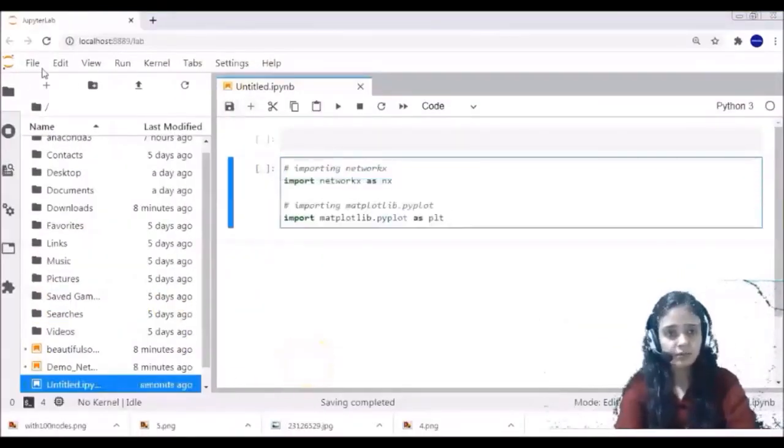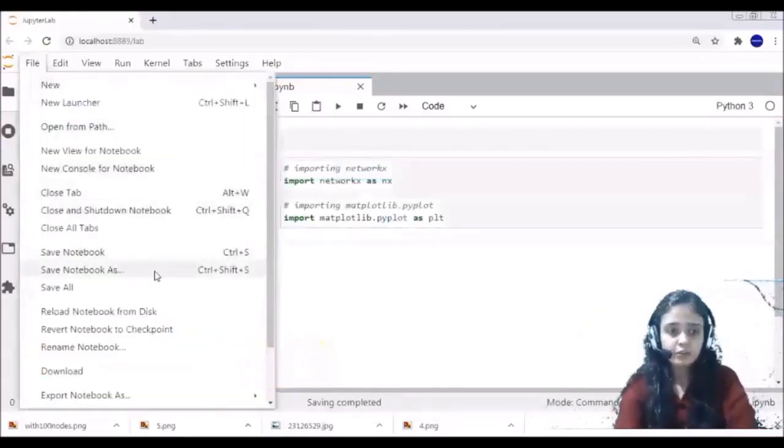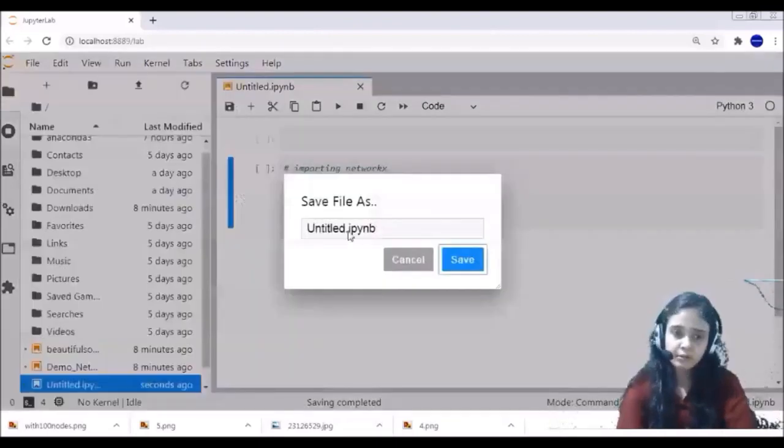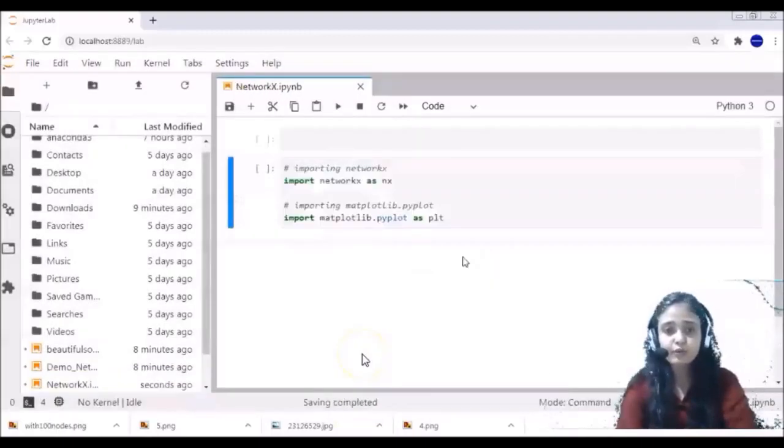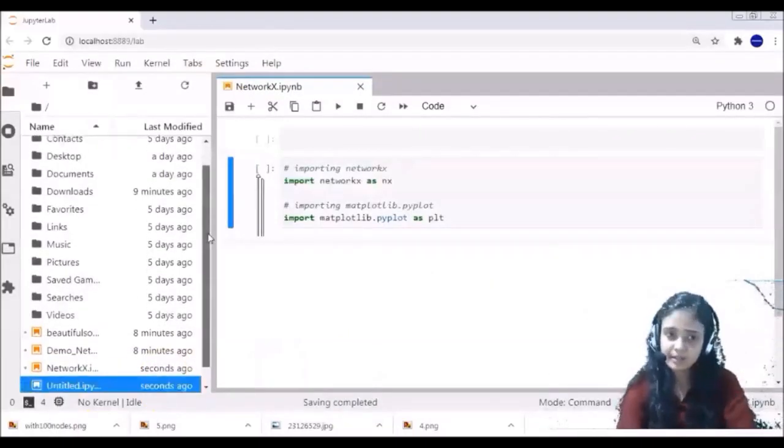Here I am writing the code and saving the file. For saving the file, you have to click on the File menu and then click on Save Notebook As. When you click on Save Notebook As, it will open a dialog box and you can write your notebook file name over here and then click on the Save button. After clicking the Save button, on the left hand side panel, you can see that you have created the file whose name is NetworkX, that is the IPython notebook file.